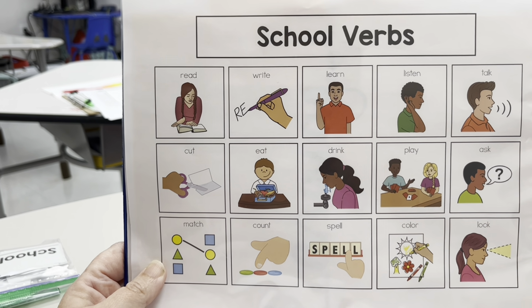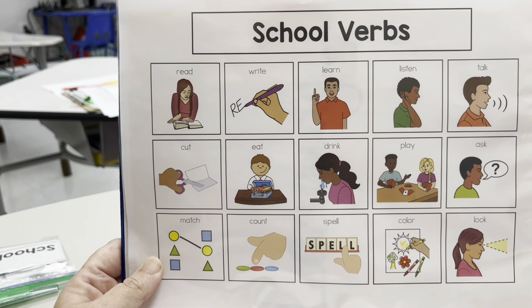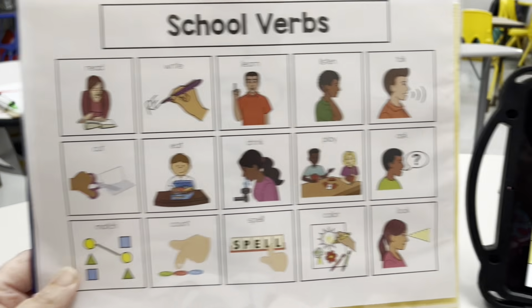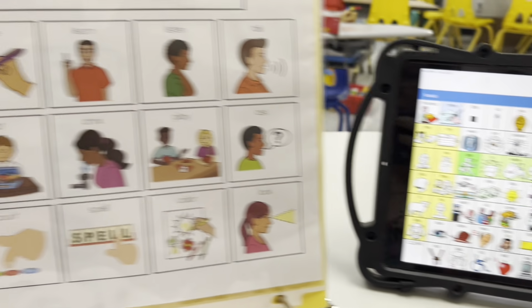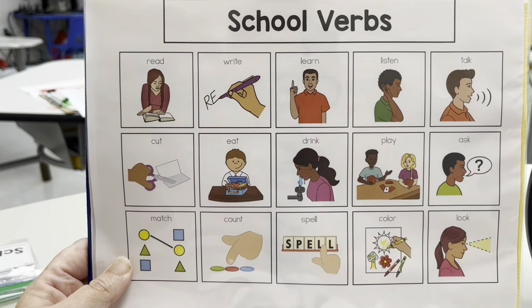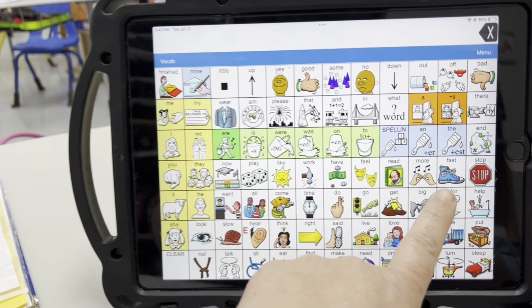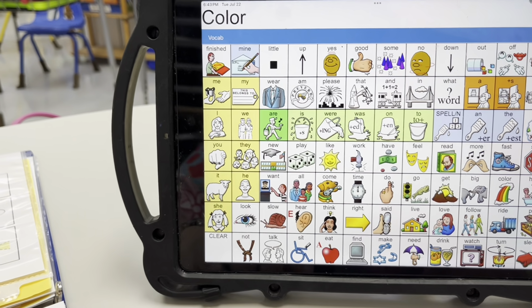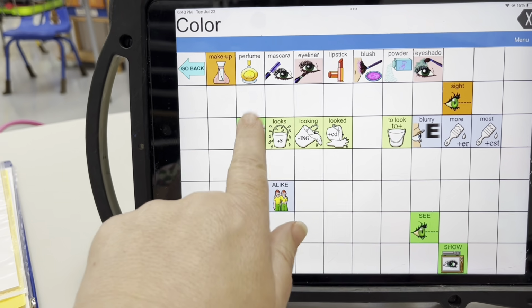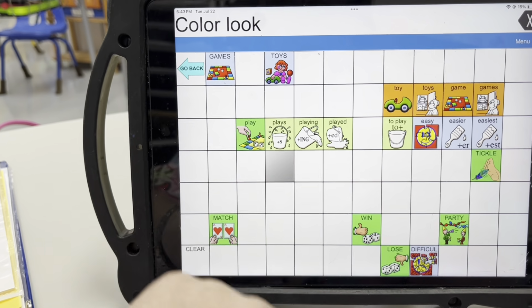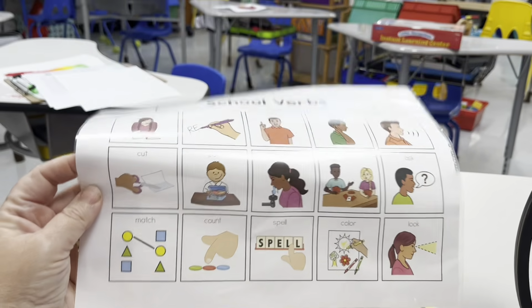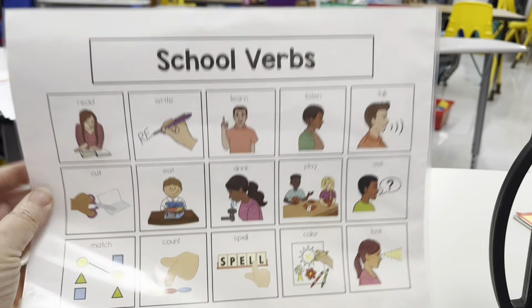So I'm going to have them work on matching the pictures, and then I'm also going to make sure they know how to use those same verbs in their device. For example, the word color. So if we go to the word color, it's right there. Color. The word look. Look. The word play. Play. Those are all these words right here in the school verbs board, and I want them to know them